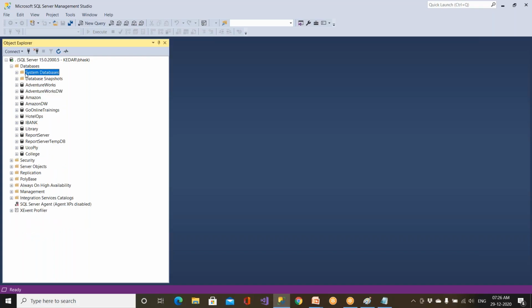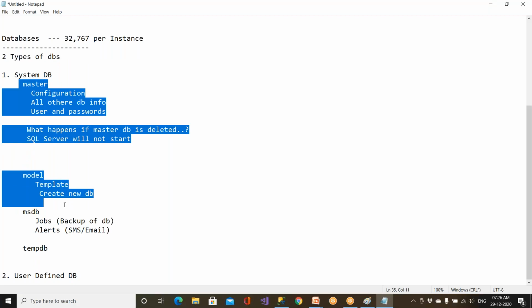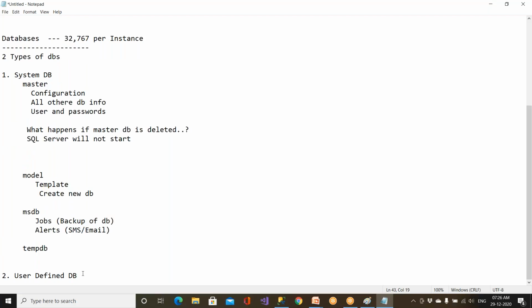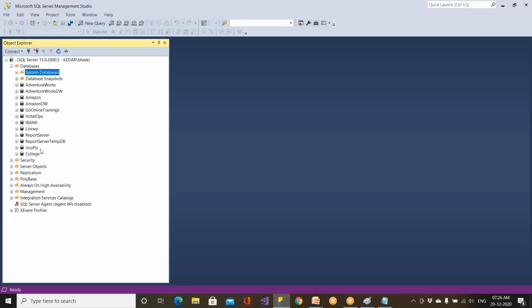Clear? So system databases are very, very important. You should know what these databases are. And apart from that, whatever database you have created, I'm talking about AdventureWorks, given by Microsoft for learning purposes, and then a lot of other databases. You can see the iBank database, the college database, that whatever we have created, these are called user defined databases.